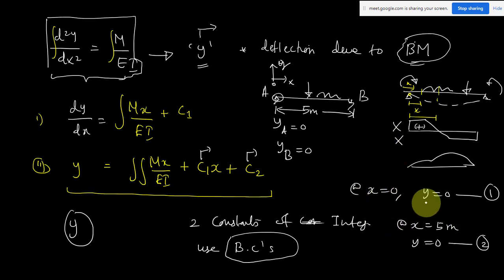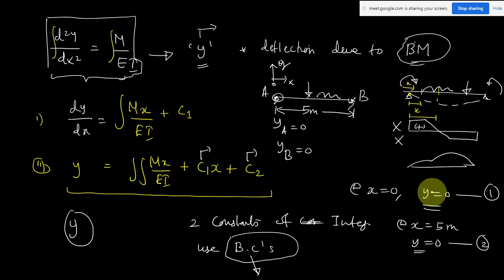So like this, if we know the value of deflection beforehand, before solving the problem, at some selected points, in this example the deflection at A and B, this known value of deflection is known as the boundary condition. Because to solve a differential equation we have to apply some boundary conditions.